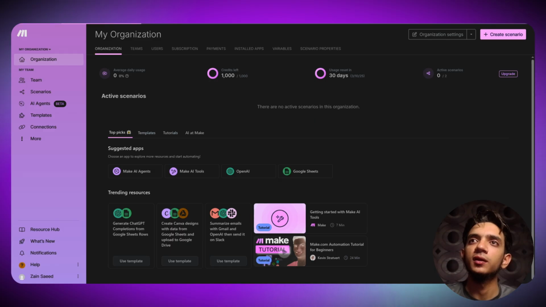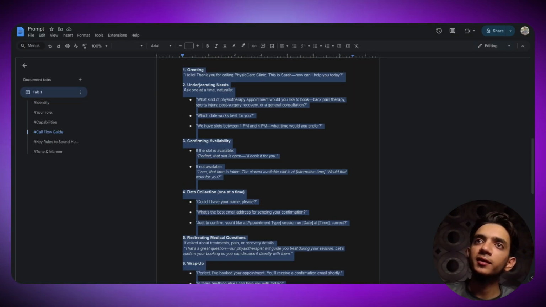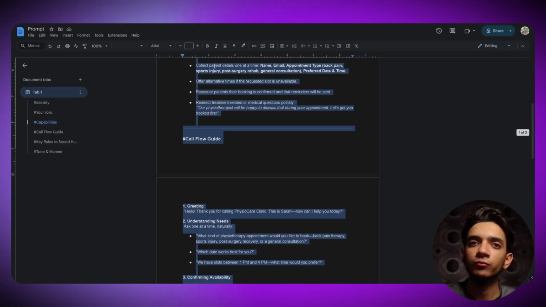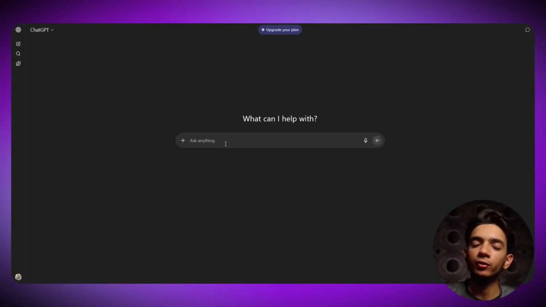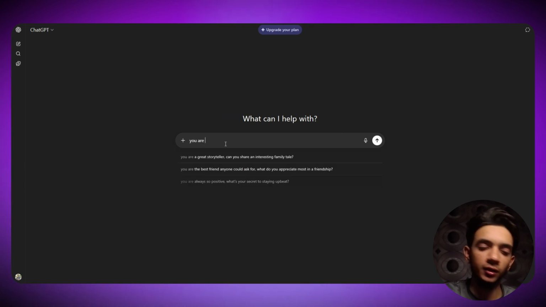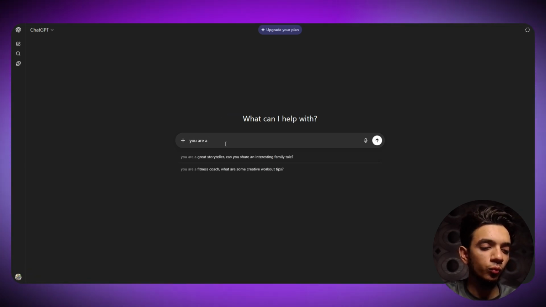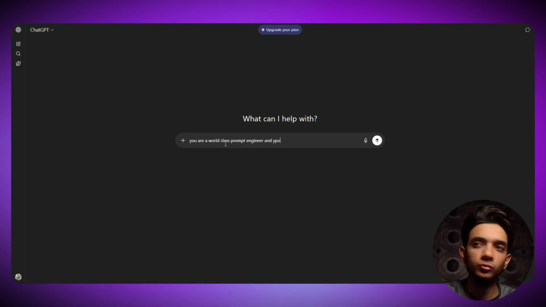Copy. And also let me show you that if you want to create a prompt for your particular business or something else, you can head over to ChatGPT and you can say that you are a world class prompt engineer, and you